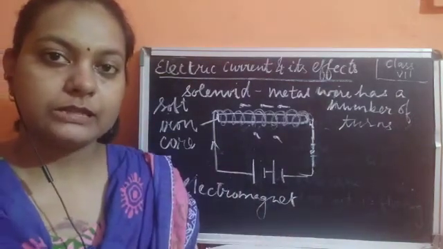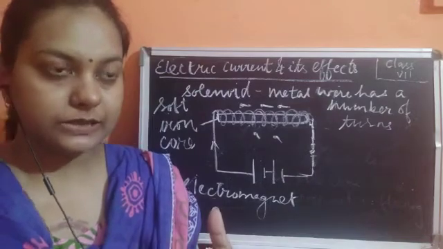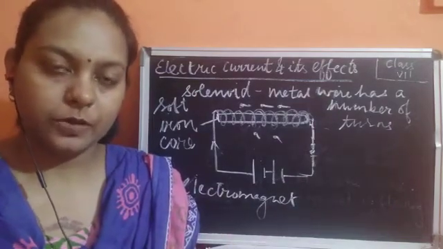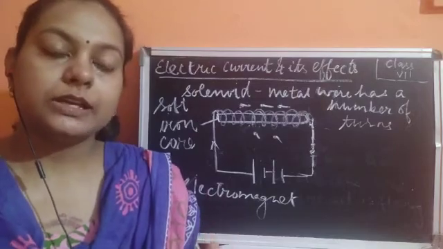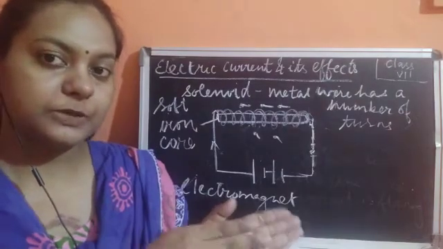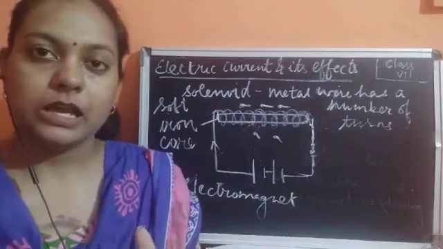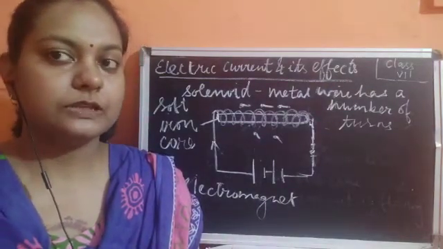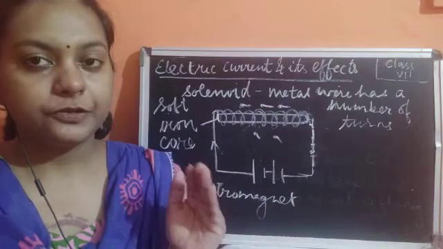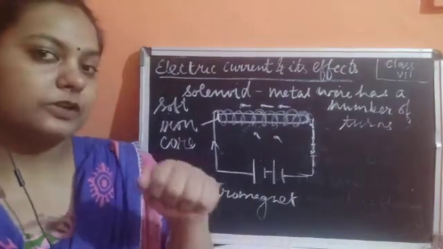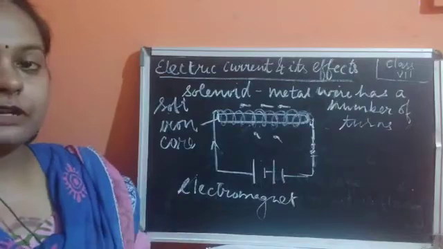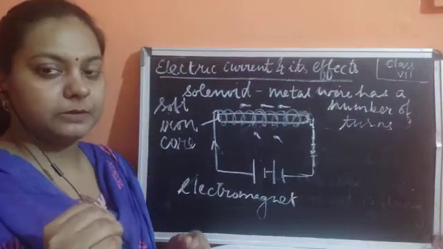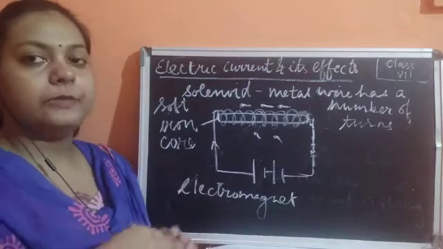And what happens, for example, if we take a car industry? In that industry, one car has to be taken from one place to another place. So how does this have to be transferred? This could be transferred easily by using these heavy electromagnets. This electromagnet is going to lift up the car from one place, and it could deliver the car to the next place in the particular industry.